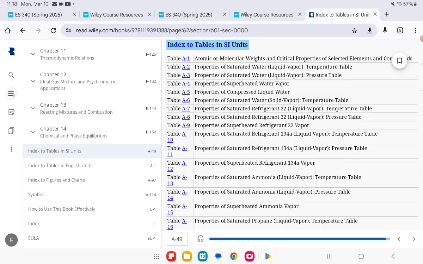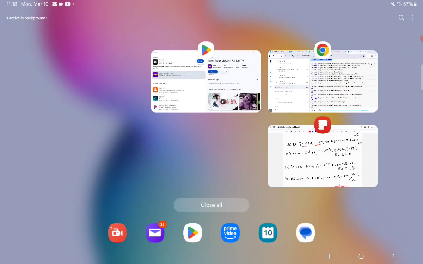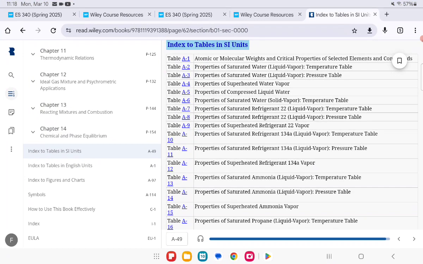So immediately we know we want saturated, and I just have to remind myself what we were looking at here. It's water, that's one thing, and we were given the temperature. So let's go to the temperature table,